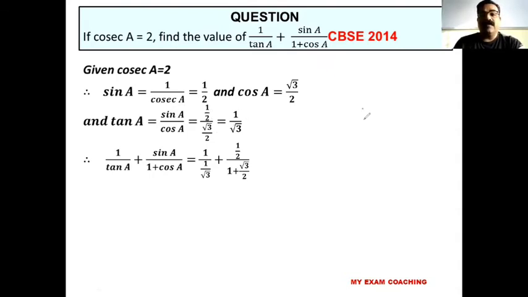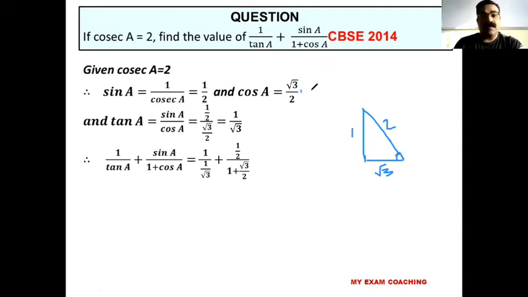So here we can do like this. What is given? We have, suppose this is theta, sin A is equal to 1 by 2. Sin A is 1 by 2 means the opposite side is 1, the hypotenuse is 2. So we know the base will be always root 3. So from this triangle, you can find out what is cos A. Cos A is equal to adjacent side by hypotenuse, that is root 3 by 2.